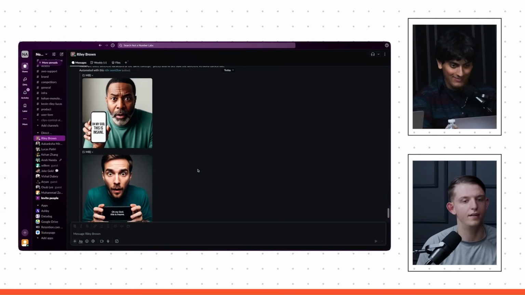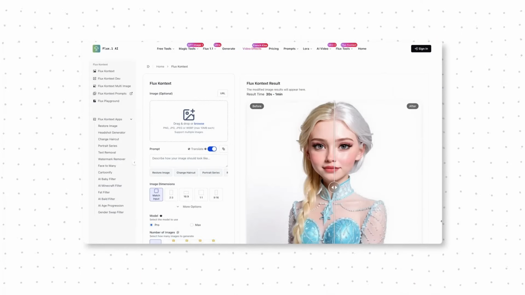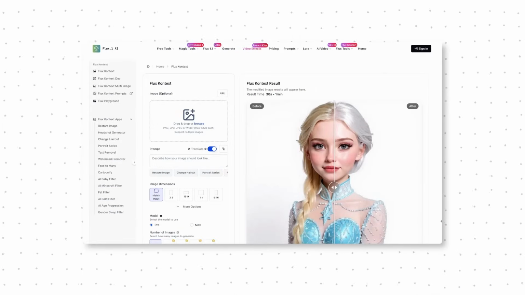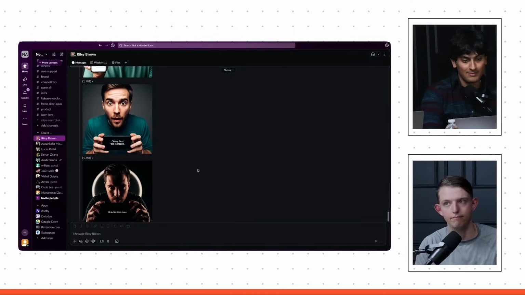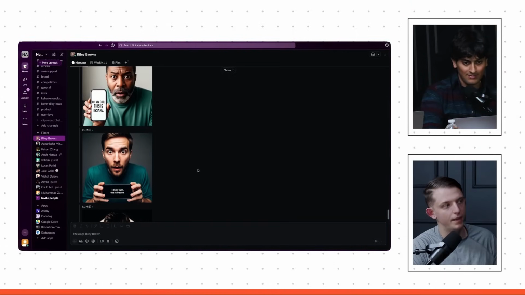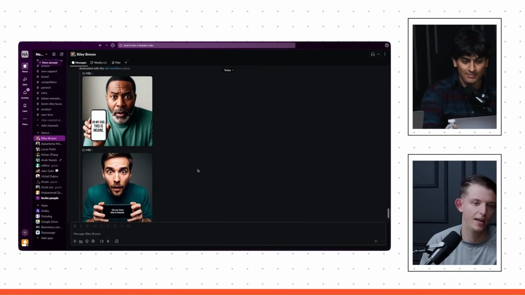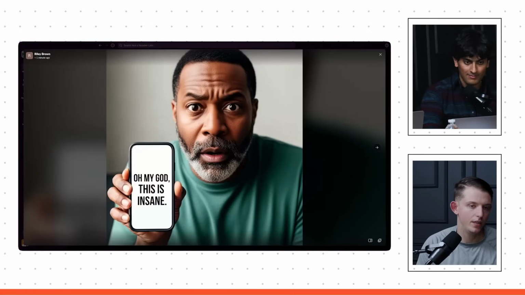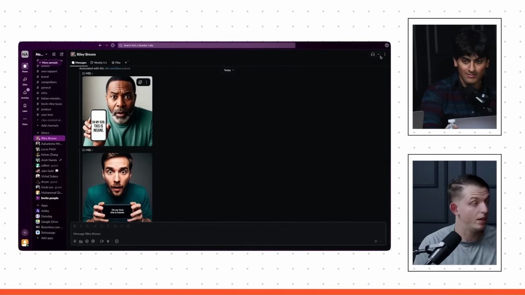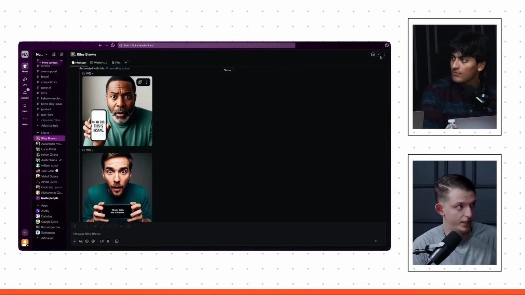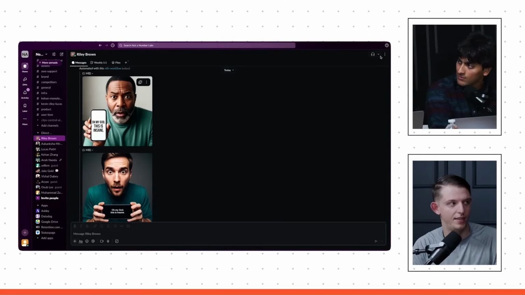And you know what? We're using the Flux Context model here. And Flux Context is actually much better at editing than it is at generating images from scratch. But that's not bad. And I think if we wanted to dive into the details here, we can make sure that if we say thumbnail, it would do horizontal orientation. But that's something we could include in the system instructions in the media agent.